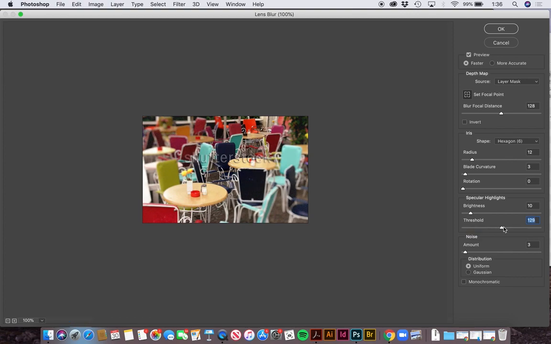I can change the threshold of this image as well, and I can decide if it's uniform or Gaussian blur. Now I can also click to invert it. So I'm going to go ahead and get that focal distance, and the radius changes the blur quite a bit. So it really looks like it's focusing in on these foreground, but if I invert it, it looks like I focused on the background and the chairs closest to me are blurred. And that is how the lens blur works, you can fix that to make it look like you have focused in on a subject area. I'm going to hit OK,